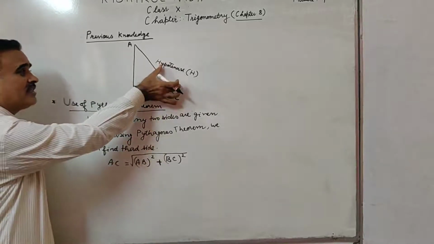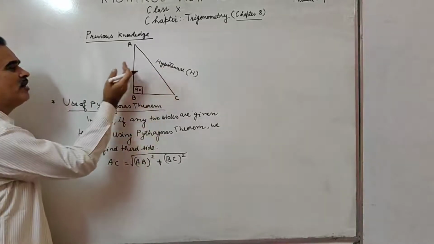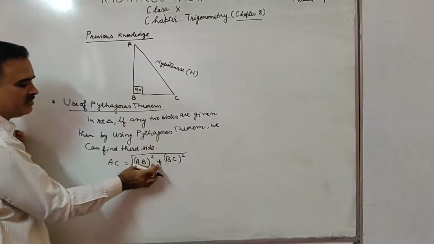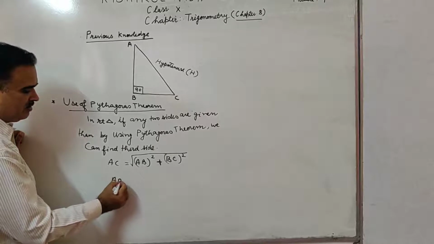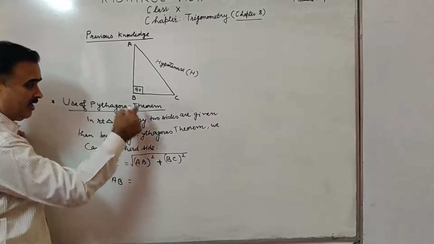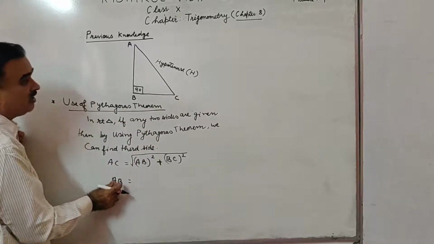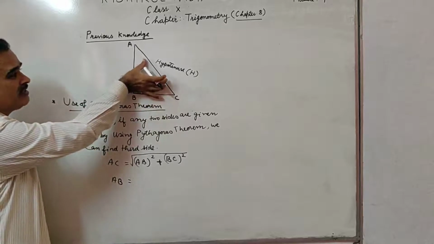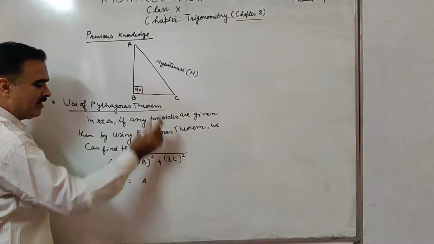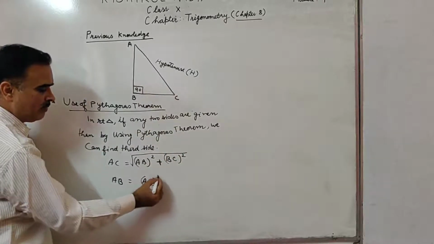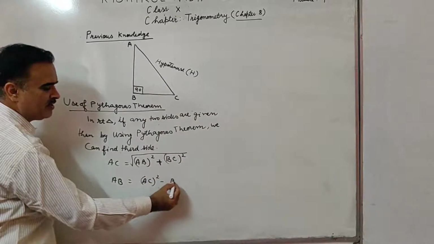If AC is given, means hypotenuse is given, and we want to find any other side, then there is minus. Always remember this. If we are to find AB, then it means AC and BC are given. Then AC, because this is the longest side, AC square minus BC square